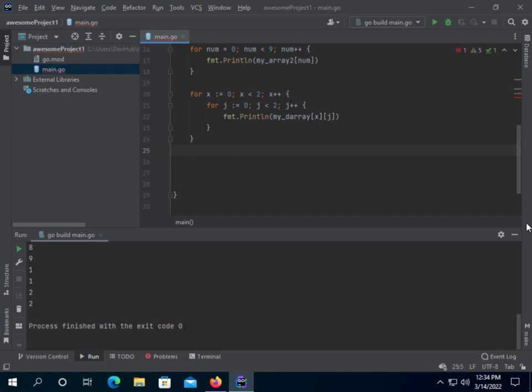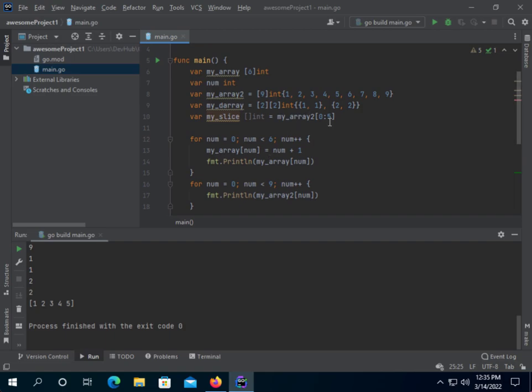All right, so right now let's just use fmt print line, and then we're gonna say my slice. Okay, great. Let's run it right now. See, 1 2 3 4 5. We put that it should start counting from 0, but it starts counting from the number after 0. So if we put 2, and let's change this one to, let's say